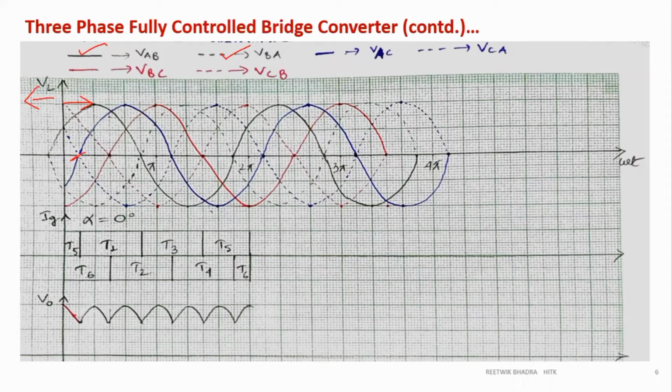So this becomes my 0 degree. From here, 1.5 centimeter to the peak. Again 1.5 centimeter to 0. Again 1.5 centimeter to the negative peak. Again 1.5 centimeter to 0. Again 1.5 centimeter to the positive peak. Again 1.5 centimeter to 0. So I'll mark the peak and 0 points first, then I will join the curve with a bold line.